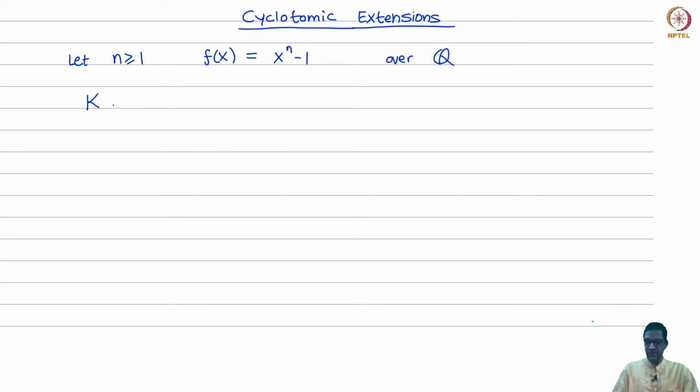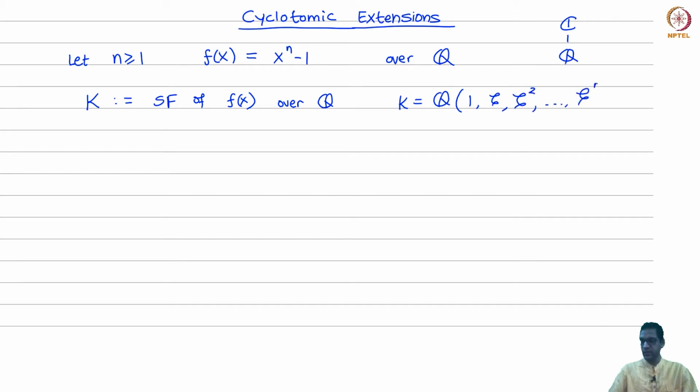So okay, let's fix n for now. So let me just call it K. K is the splitting field of this polynomial f(x) over Q. Okay, and recall what does that mean. You just have to adjoin to Q the roots of this polynomial over some algebraic closure. Since the complex numbers is one readily available algebraic closure that we know about, all we have to do is adjoin the roots of unity, the roots of this polynomial, which if you remember are just